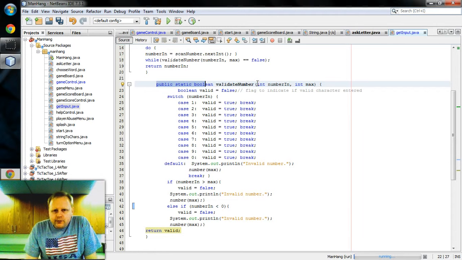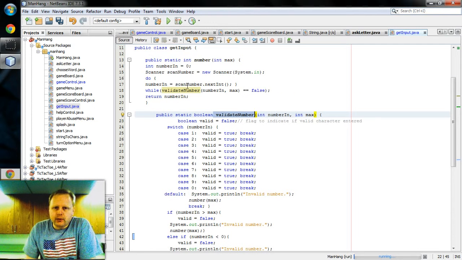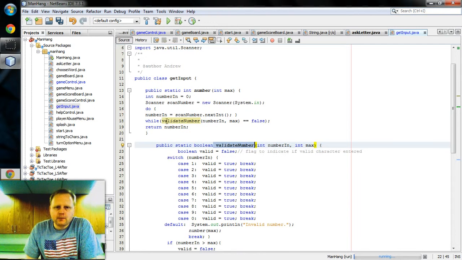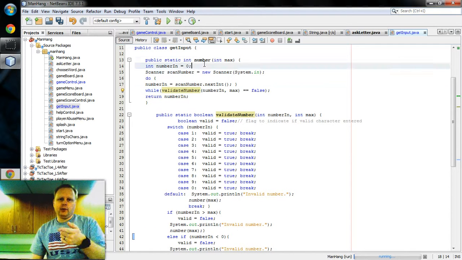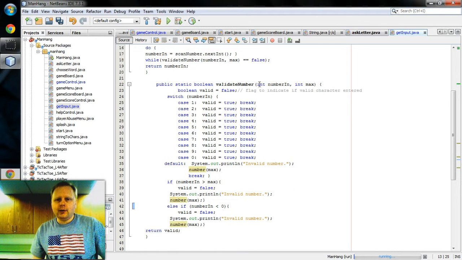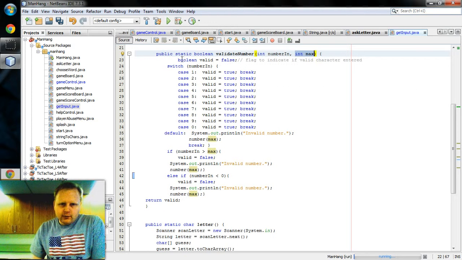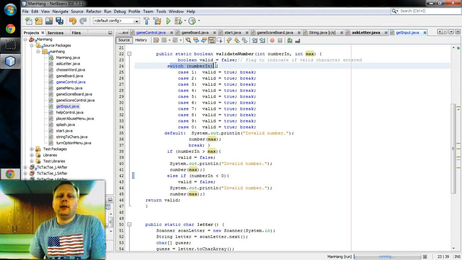Let's see. Validate number, I'll be walking you through that. Validate number is run by number, and returns either true or false to let this function know whether or not that is a valid thing. It is handed the number that is guessed and the maximum number. It starts and initializes Boolean valid as false. Then